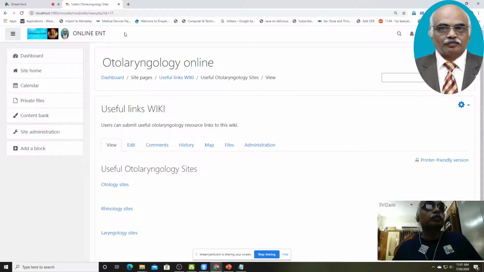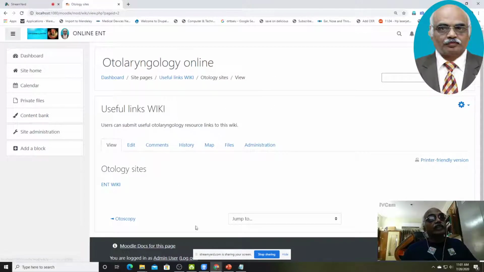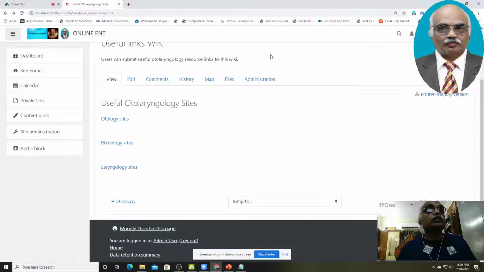For example, I have created a wiki which asks the student, if you come across any new sites which give out resources in any of these three topics, you can add. So otology sites, ENT wiki, it will give out all the sites which the students have managed to incorporate. So how are you going to make an entry into this wiki? For example, if you click edit,